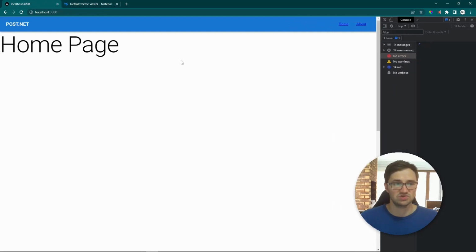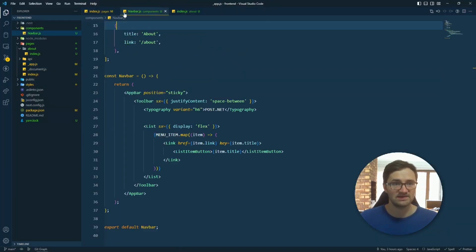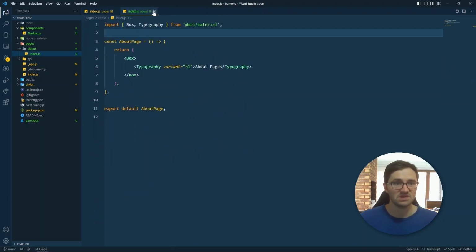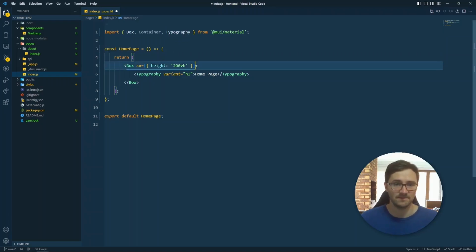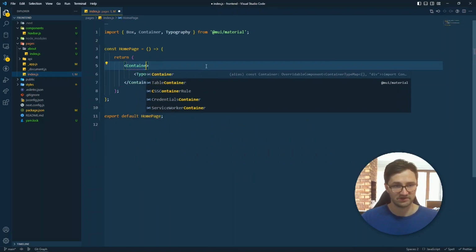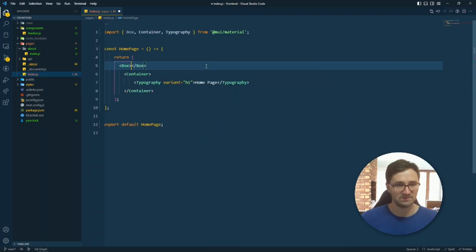And what I want to have on the home screen is some container. And then we want a button on one part of the screen. And on a portion of the other part of the screen, we want like a feed where we can scroll. So let's go ahead and build that setup. With Material UI, we can get a container in the middle by using the container from Material UI. So it's called container, and the container is connected to multiple breakpoints. So instead of using a box here, we can actually just use the container. But we also might want some screen background, so we can actually keep the box there